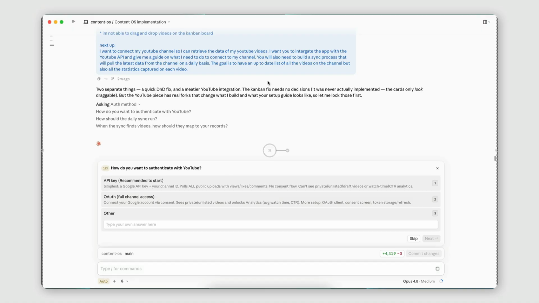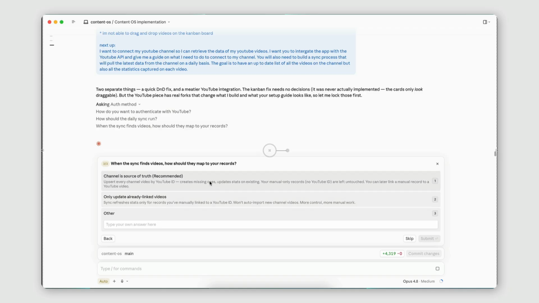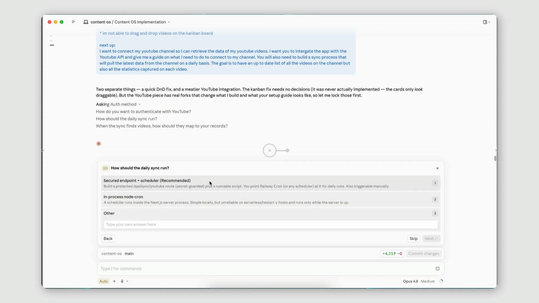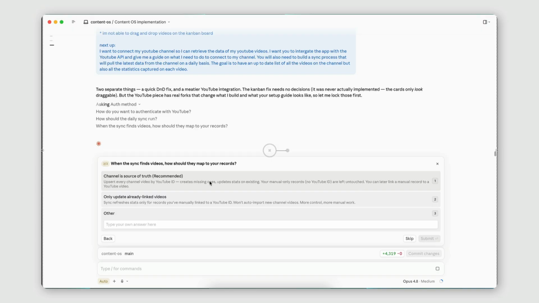So I went with OAuth, even though it is a little bit more complex to set up. But priority was, of course, more data. So I asked it to go with OAuth and then create a secured endpoint and scheduler for the synchronization of the data. And I wanted the channel to be the main source of truth, which means that during this synchronization,